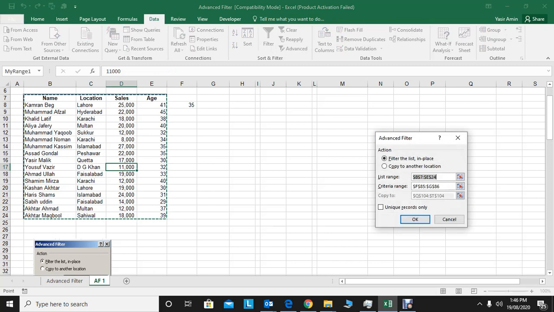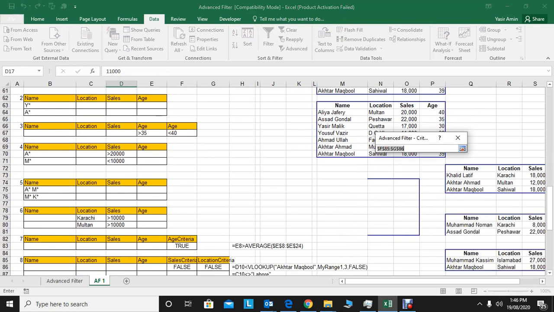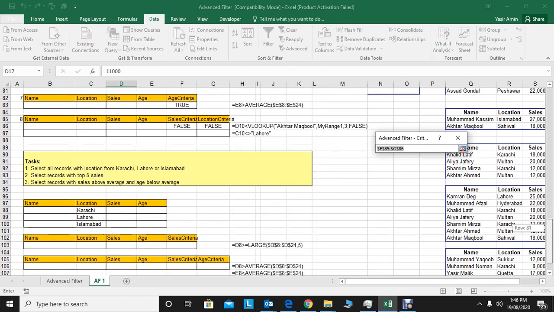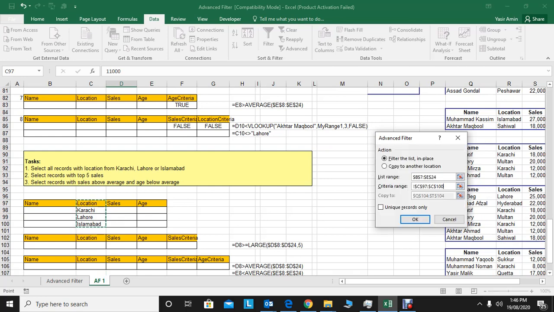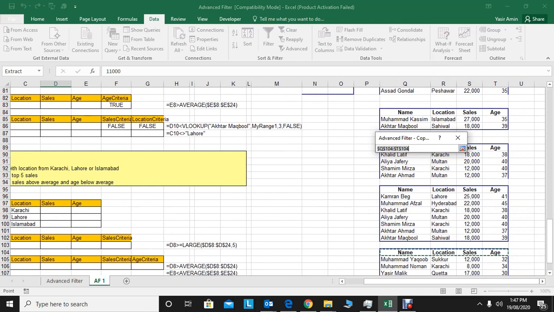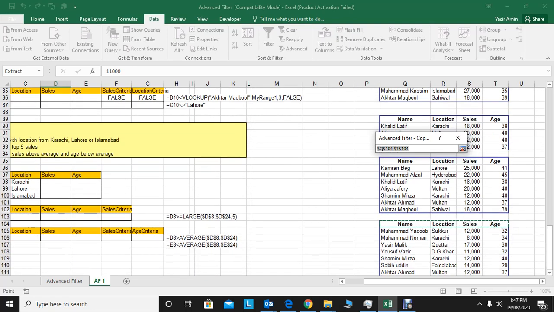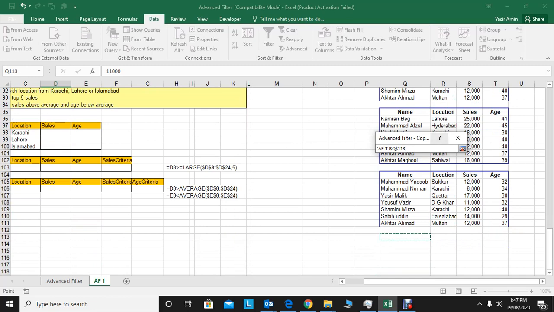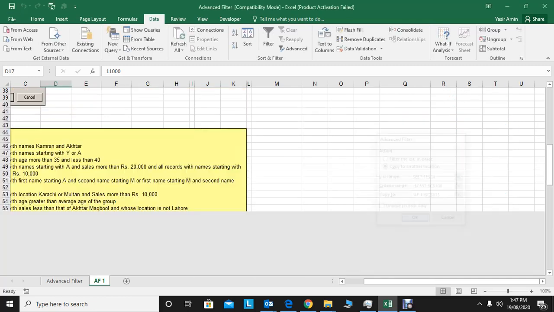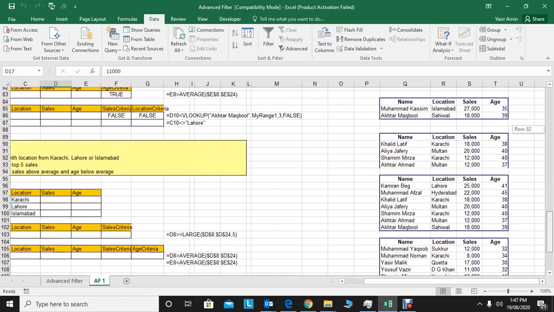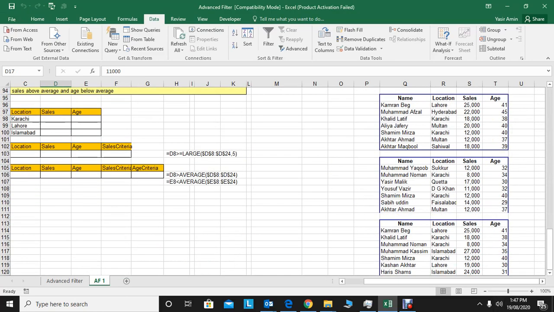Advanced criteria. It's better to make the criteria in a table form. Very easy. You just need to do it like this. I will do it by using macros as well. If you have repetitive work, you can use macros. So in the coming classes, you will see the link-up of all these filters and everything which I have published. You will see the link with macros, either recording or typing codes.